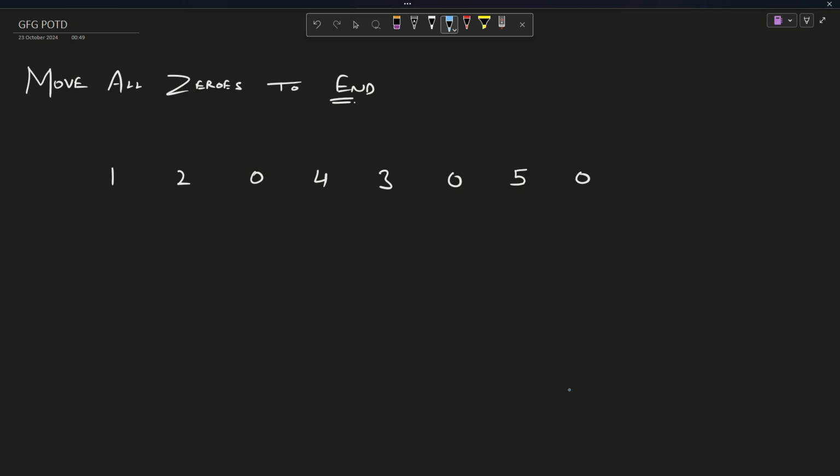So in today's question, we are asked to move all zeros to end. What does the question say? The question says that you have been provided an array. You can see some of the elements of the array are zero. The array can contain zero. The problem is asking you to shift